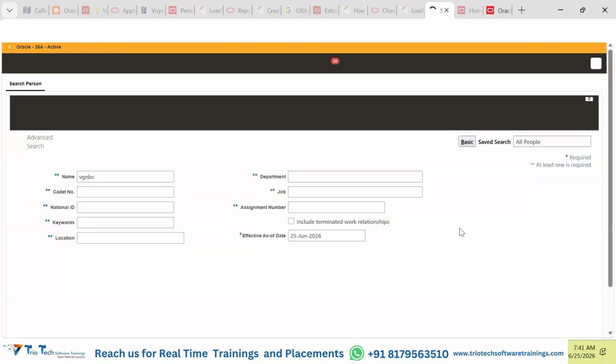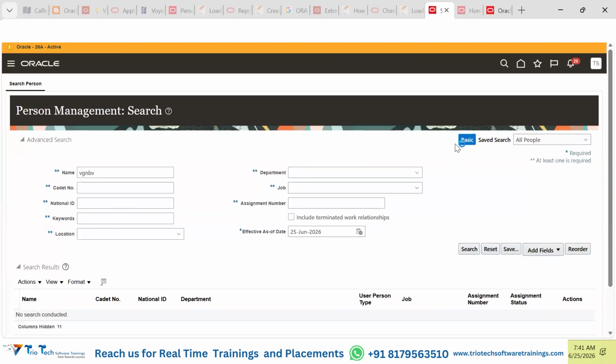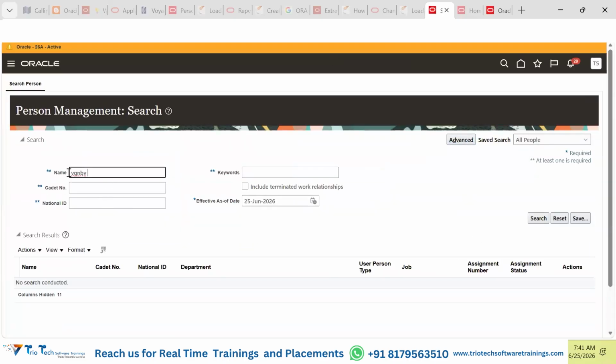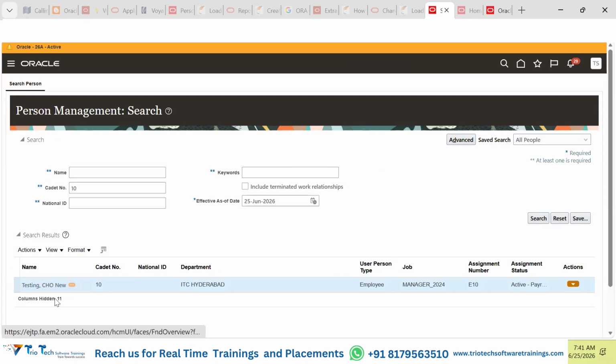So guys, what I'm explaining, once we click onto this, sometimes it will directly open the page. You can put in something and you should be able to search something. Details will be coming up. If you want to open, you should be able to click and open the things also.